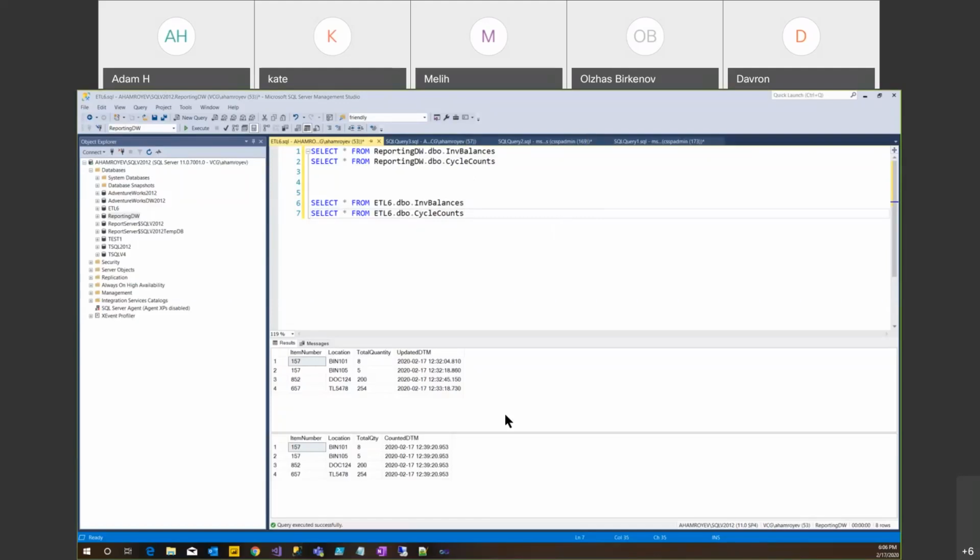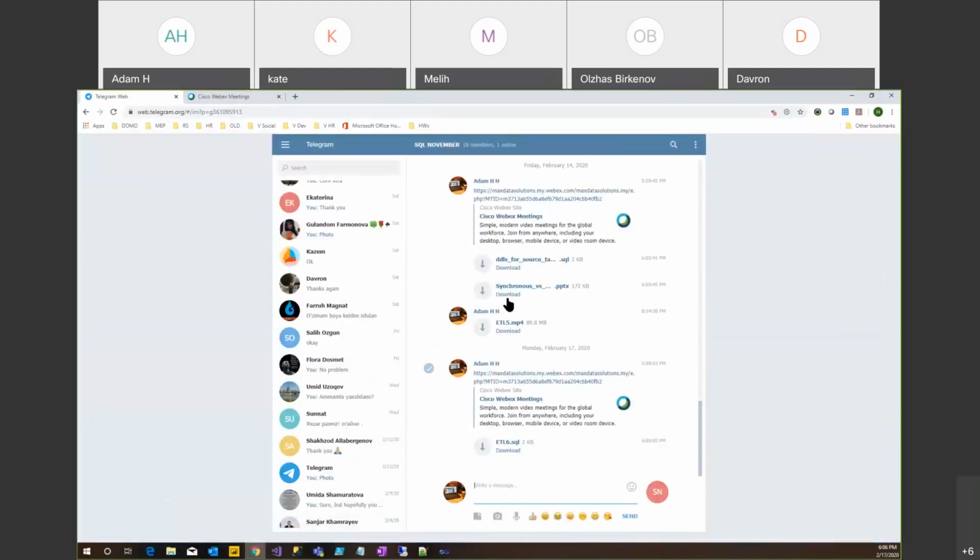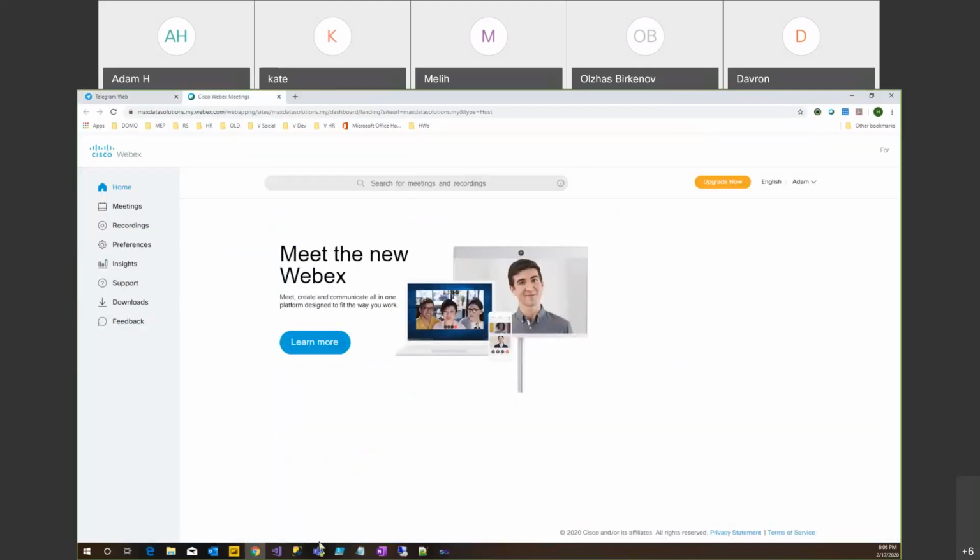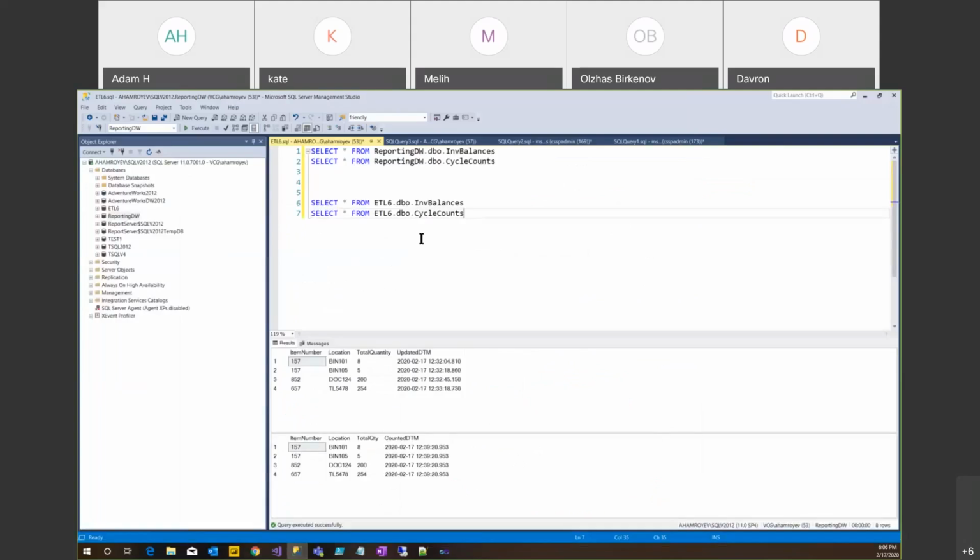Okay, so I have sent you a SQL script that you have to run to create this database, ETL6, and these two tables. Our goal today is to create a couple of ETL packages, and we have to use